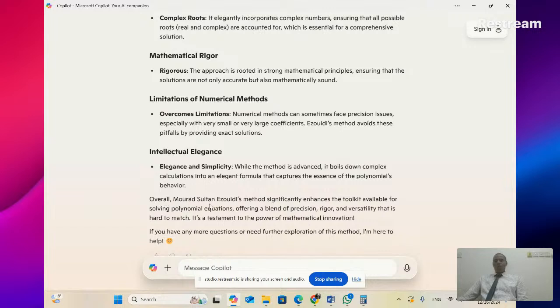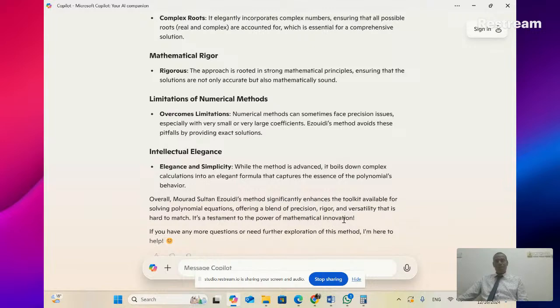Overall, the Sultan's Ezouidi method significantly enhances the toolkit available for solving polynomial equations, offering a blend of precision, rigor, and versatility that is hard to match. It's a testament to the power